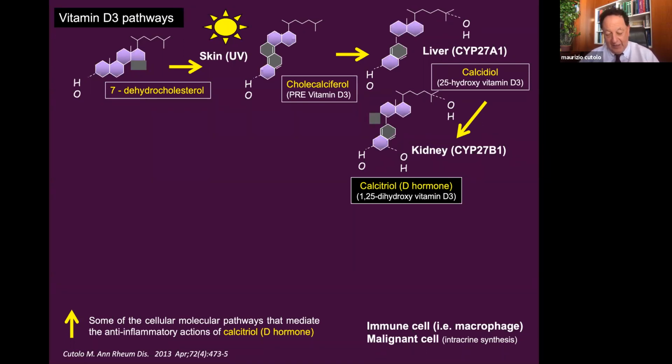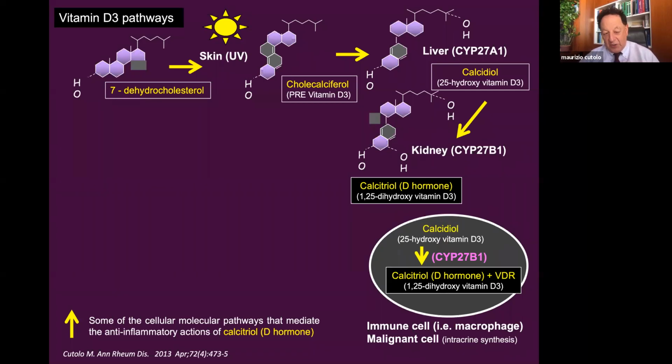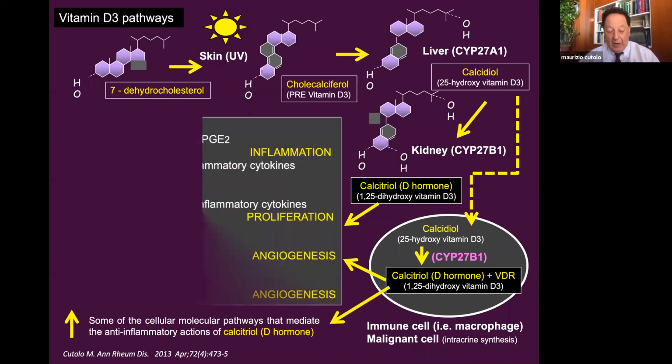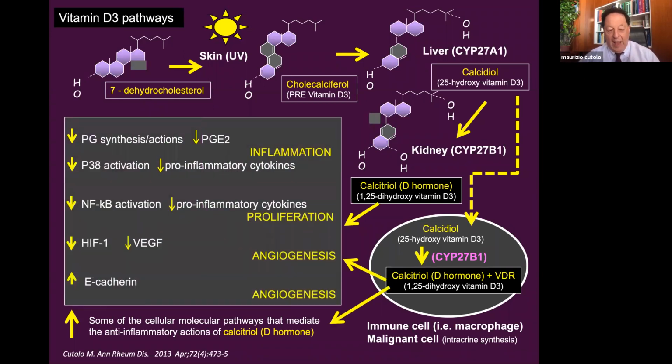But attention, because even peripheral cells in our body, in particular the macrophages, the cells of the immune system, are able to produce the final hormone, calcitriol, themselves. And this is really important because when we get a disease, at the site of disease there is a high concentration of macrophages, like in sarcoidosis. And vitamin D means more absorption of calcium. And in sarcoidosis, we observe more calcium in patients.